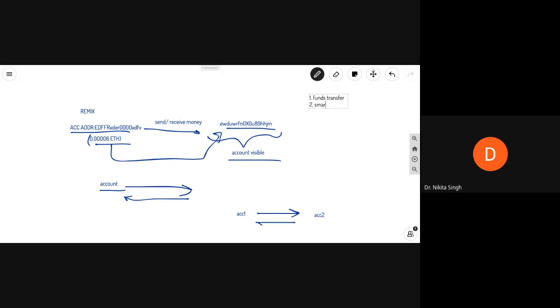Your smart contract execution is also a transaction. Then if you have any dApps deployed on the blockchain and they are running, every action there will be a transaction.